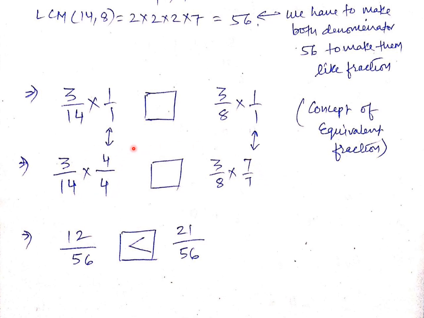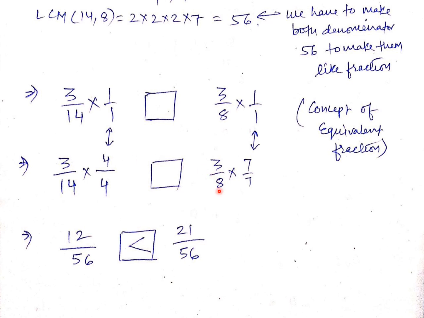Again, I am repeating, if you have not got it, our purpose is to make this 14 and this 8 as 56. For that, we have to understand what should I multiply in 14 to make it 56. If you want the hint, you can come to the LCM only. See, 2 sevens are how much? 14. This number we already have. What is left? 2 twos are 4. So we have to multiply with 4 and divide by 4 also. That is why I have got 4 by 4.